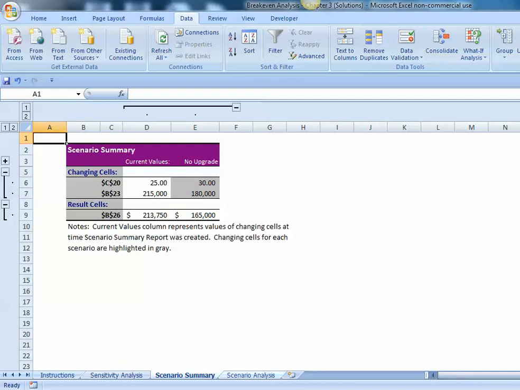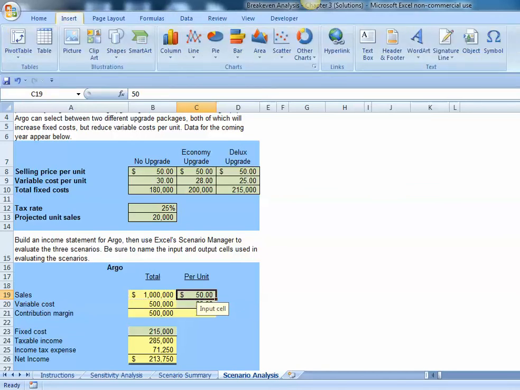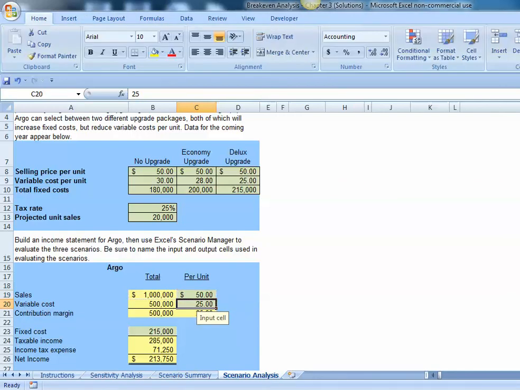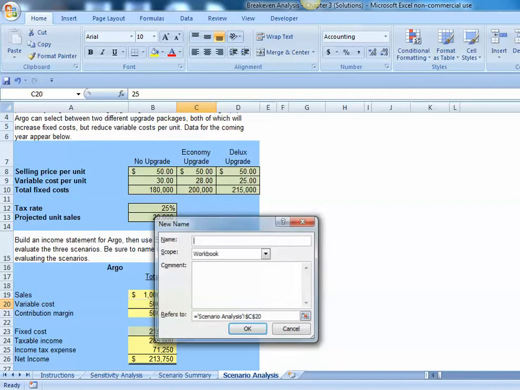So go back over to your scenario analysis worksheet and start off by going to cell C19. Then from the main menu, Insert, we're going to go and name our variable cost. So go to cell C20, and on cell C20, right-click with your mouse button, and we're going to name a range. We're going to name this variable, and the names can't have any spaces in them, so we'll put an underscore cost